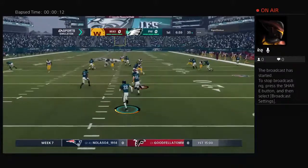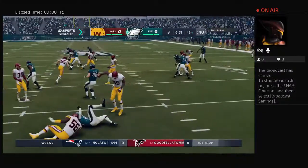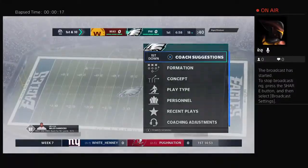That'll be taken about a yard deep. And he'll be brought down shy of the 20, so the decision to bring it